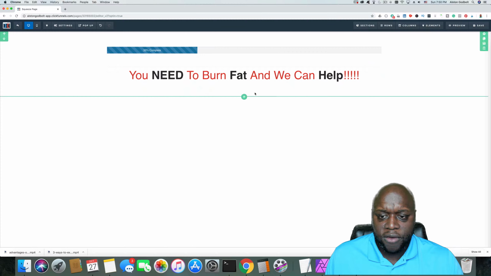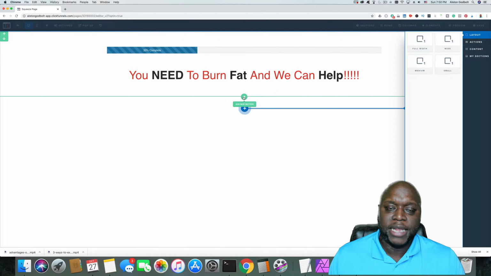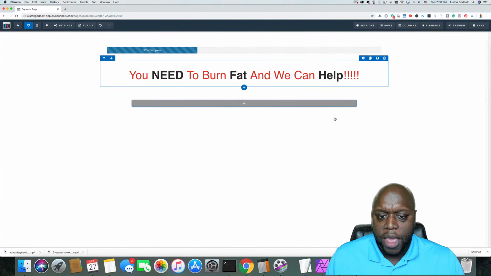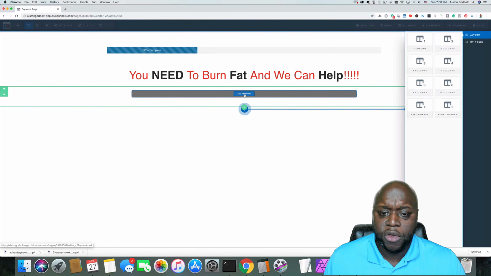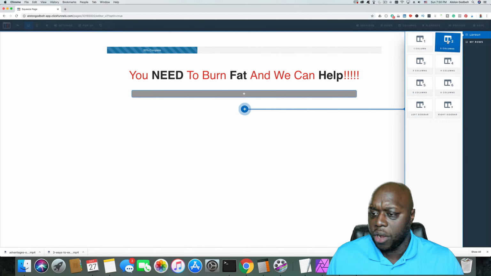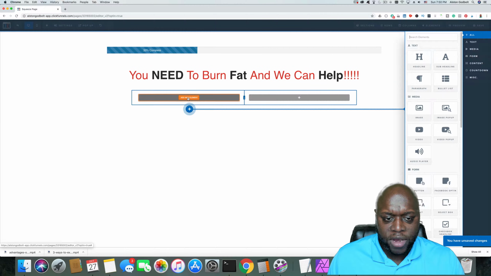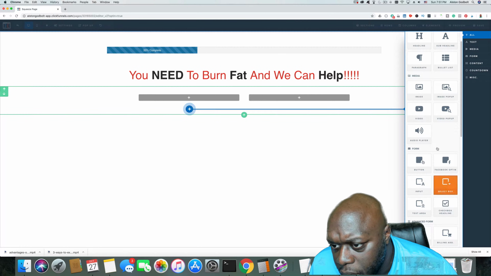So now that we have this section complete, I want to add a separate section for a different type of content that is on this page. So again, I'm going to go up here to full width, and when I've created it, it's going to ask me how many columns I want. For this one, I'm going to create 2 columns. You can create up to 6, but I'm just going to do 2 columns. On the left hand side, I'm going to have an image. So I'm just going to go to image here,